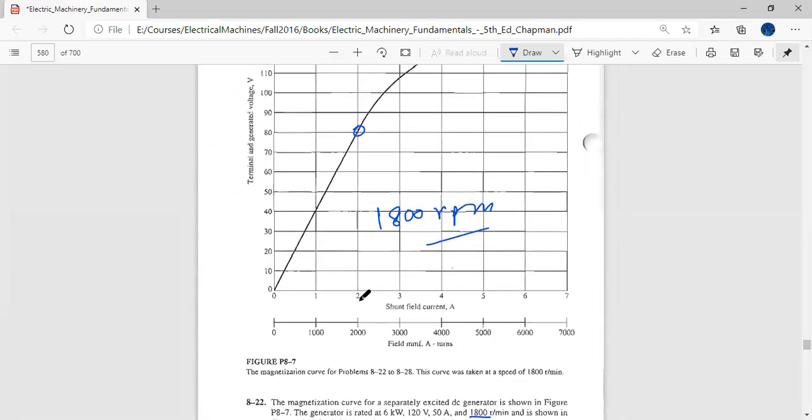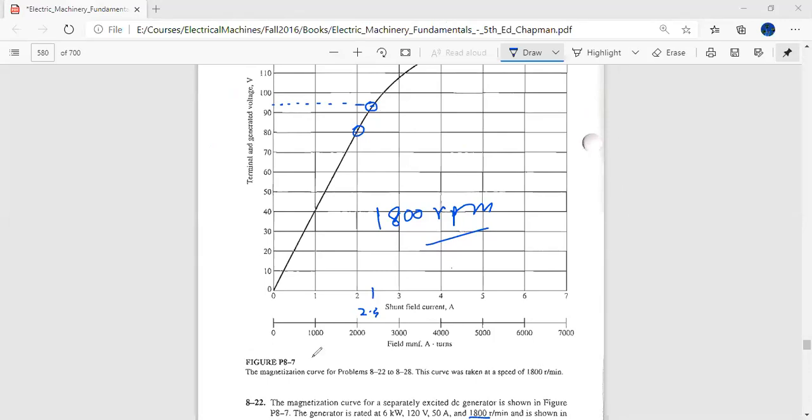So at 2.4 amperes, which is somewhere here, I think this is 2.4 amperes. So at 2.4 amperes, I think this is equal to 95. This is corresponding to 2.4 amperes. So now my second operating point is 95 volts at 2.4 amperes. Go back to the whiteboard.